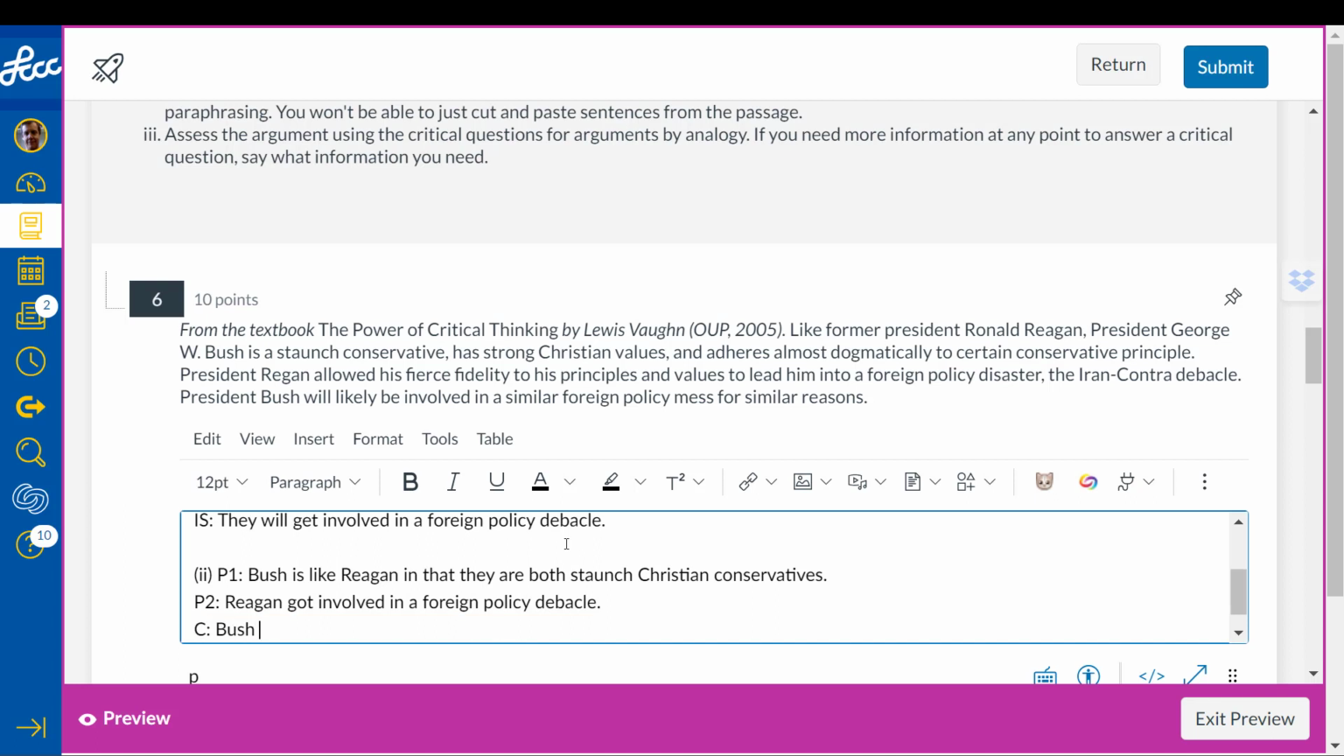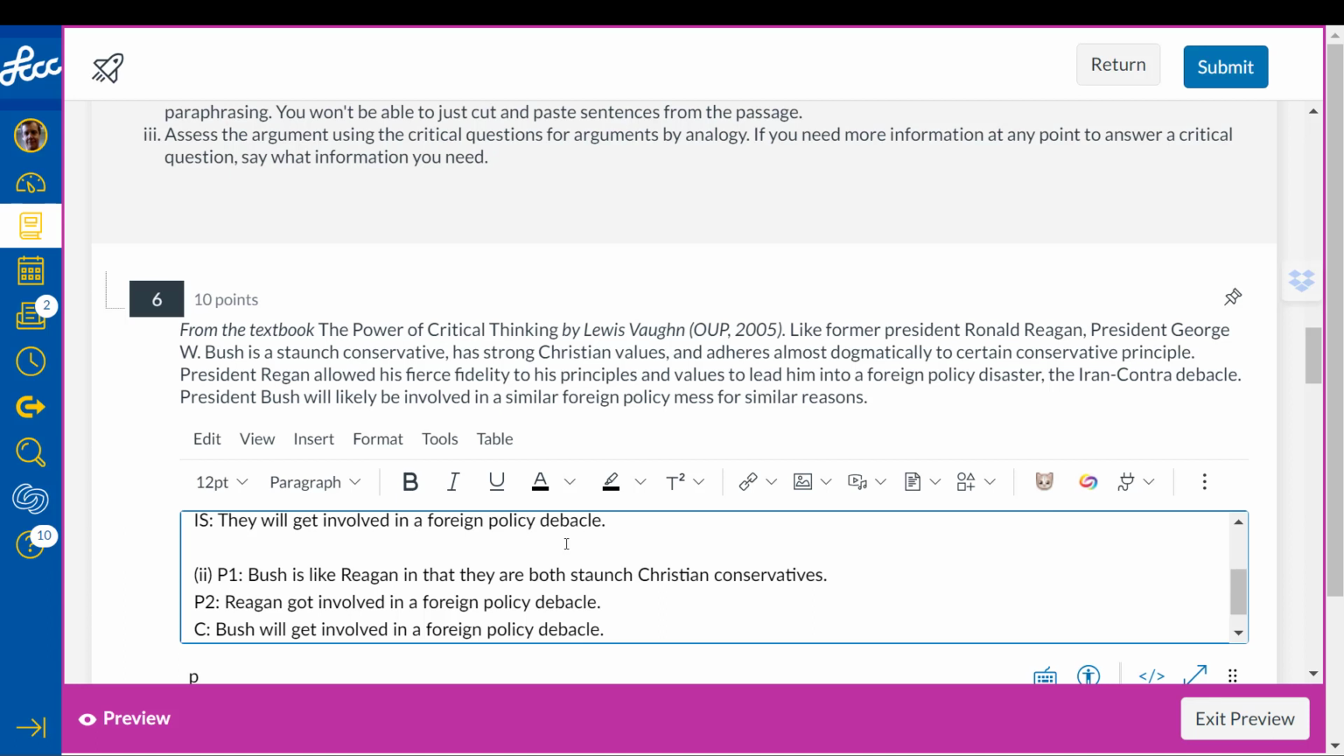Bush will get involved in a foreign policy debacle. Okay, so now we need to evaluate the argument, and the thing to do here is to